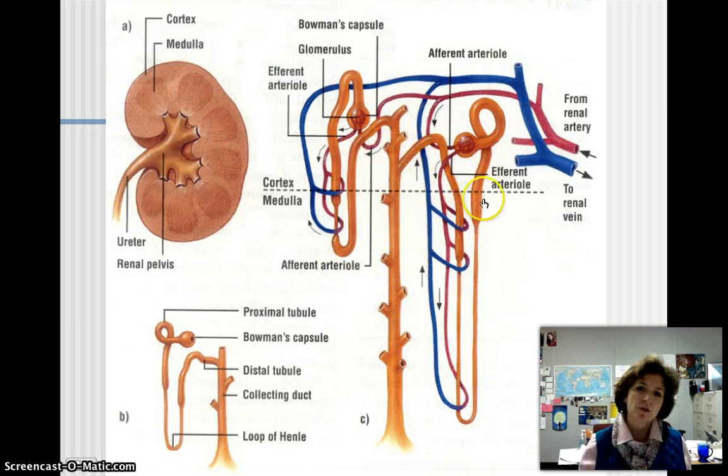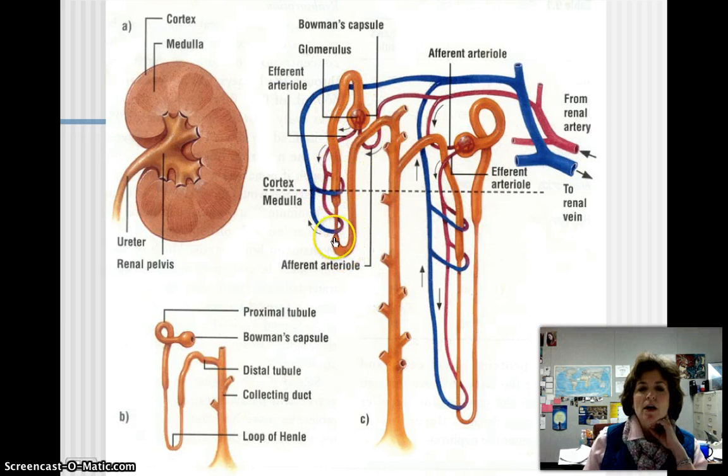And we have longer and shorter nephrons. Some of them dip way down into the medulla, and others are shorter. So this picture is pretty realistic on the different types of nephrons. About 20% of our nephrons will dip all the way down into the medulla, and those are important in maintaining water balance. So if we look at this nephron system, we notice that there is definitely blood very close to